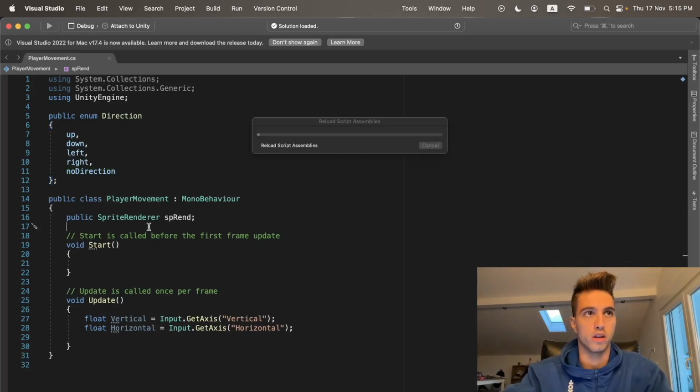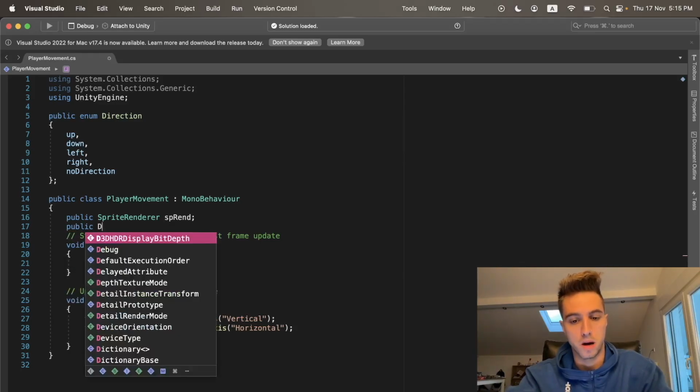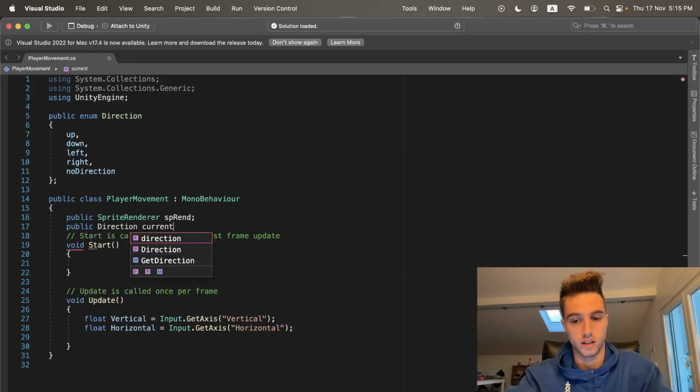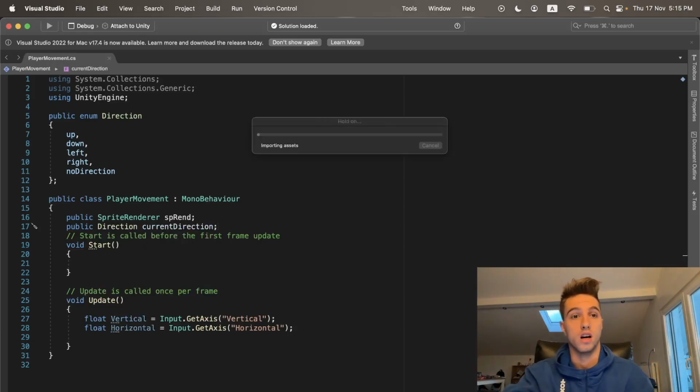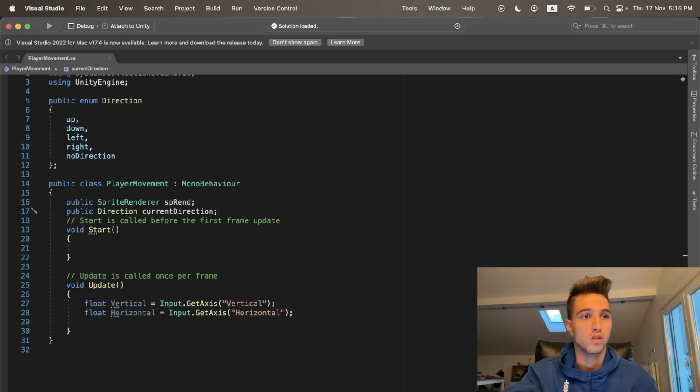So now we go and actually call that enumeration. So public Direction, our current direction. Perfect. So what we do now is calculate what direction we want to go. So we go here on our void Update, and we start: if the direction